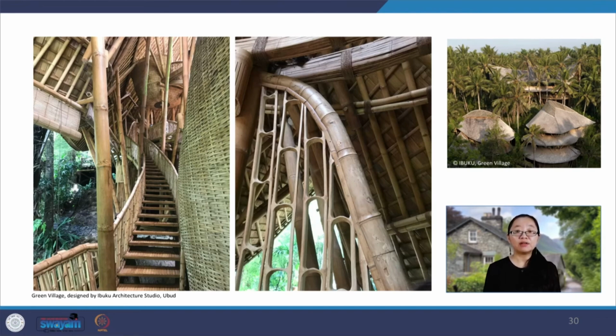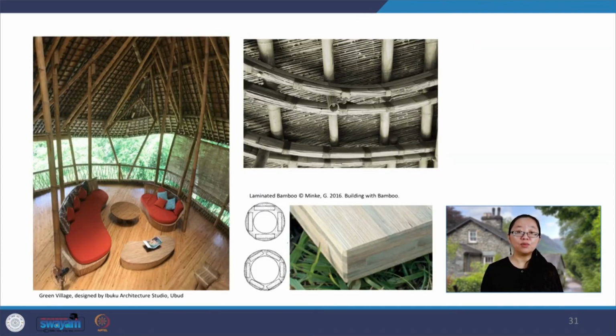The resort has several organic shaped bamboo houses designed by Ibuku Architecture Studio. From the picture, we can see various use of bamboo plants used as building materials in details, from half bamboo showing sections of bamboo nodes placed as railings and ceilings, bamboo canes for columns, beams, and roof structure, as well as composite bamboo made of smaller bamboo bound together as curved beams, split bamboo for stairs,